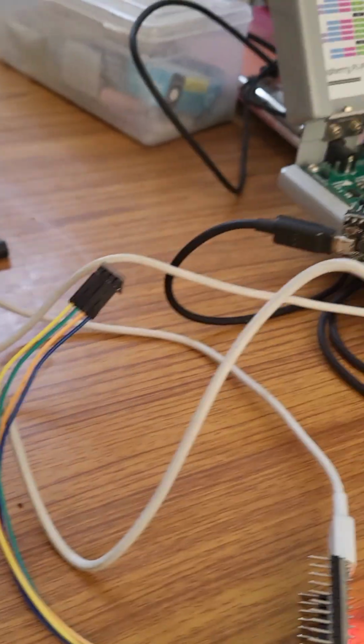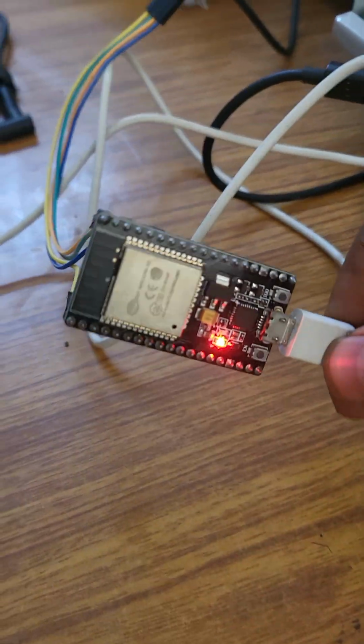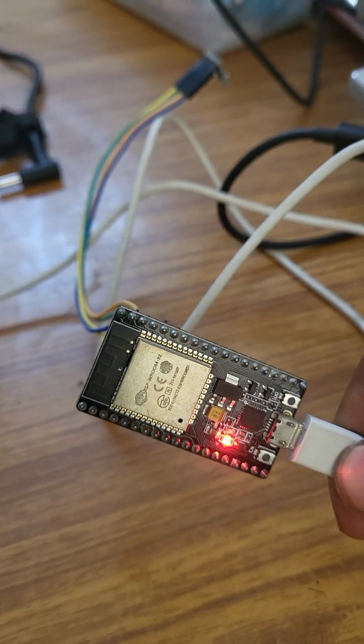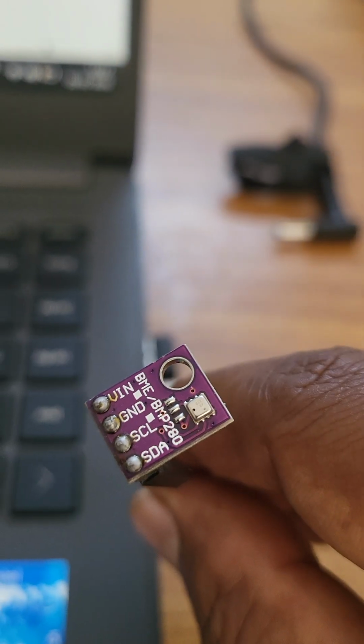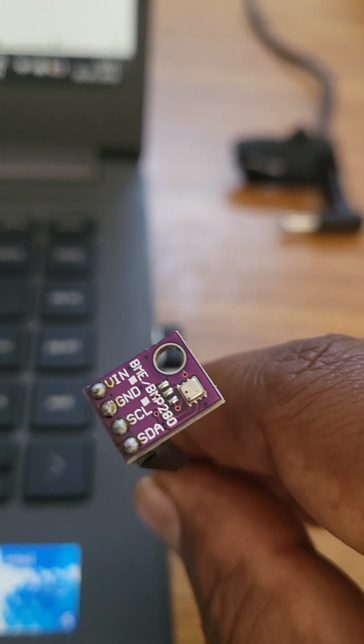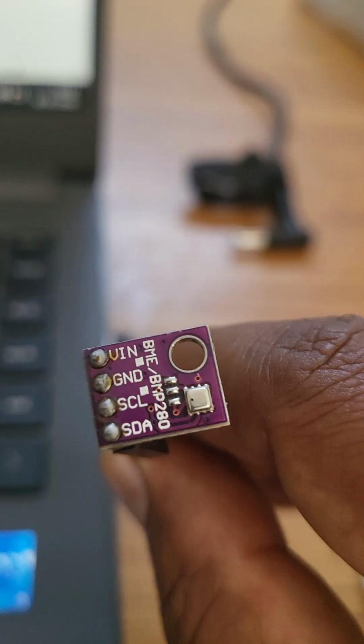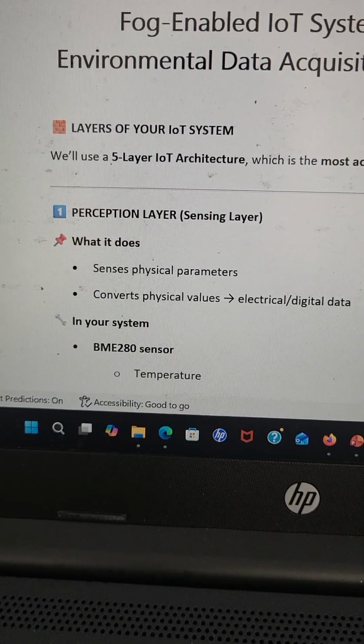Hi, in this video I am going to demonstrate a fog enabled IoT system for real-time data acquisition and visualization. Here I am using an ESP32, which is a 38 pin programming device, and this is a BME280 sensor. You can see the sensor is exactly square type, and when you go a little technical you